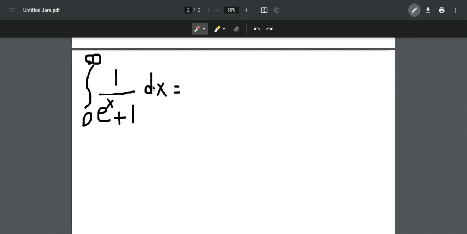Hi, I'm Kian, and today I want to show you how to solve this integral, the integral from 0 to infinity of 1 over e to the power of x plus 1. To make this integral a little bit easier, I'm going to multiply the numerator and denominator by e to the